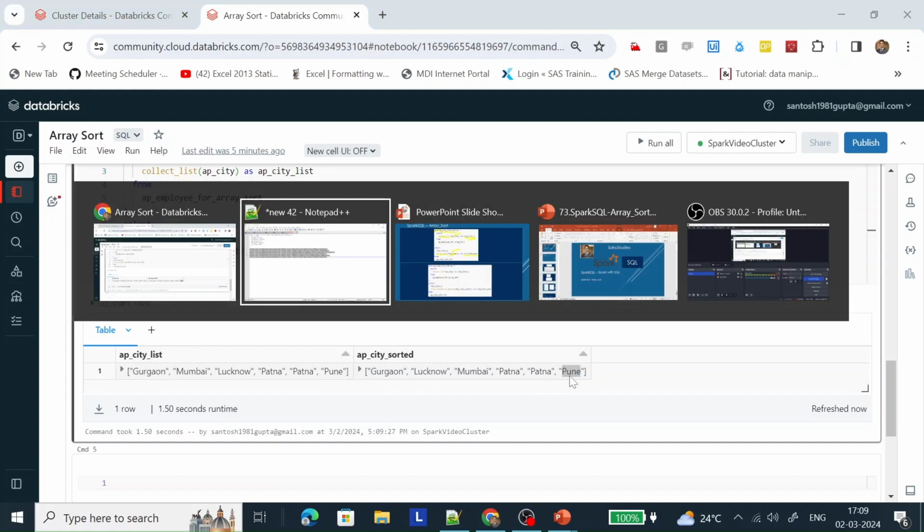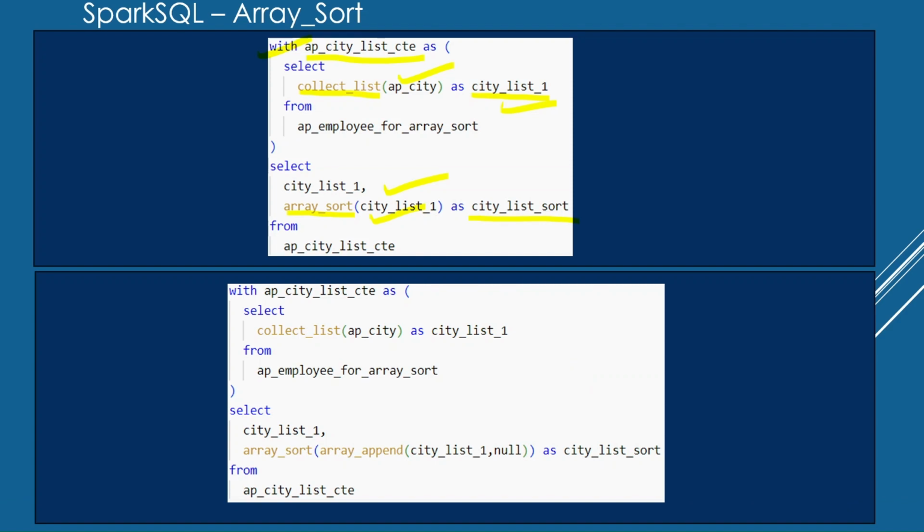Now let's go to the PPT. Let's discuss the second query. In the second query, I am creating a CTE, and with the help of the collect_list function, I am creating a column by taking all the elements from the APCT, which will convert into an array list, and that array list will be available in this column. Now, once this CTE gets created,